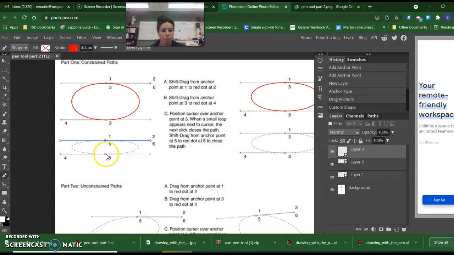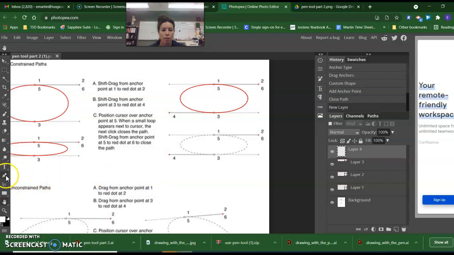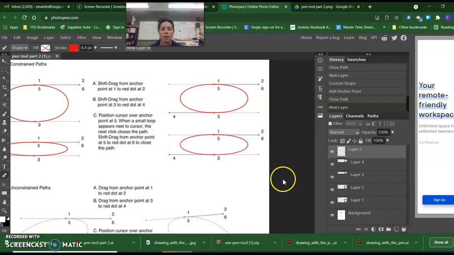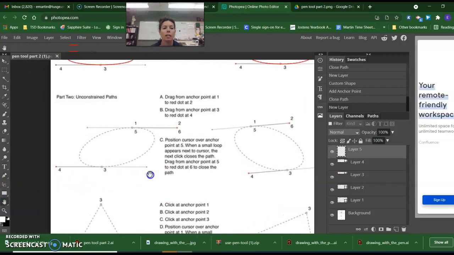Shift, shift, shift. New layer. I'm using the hand tool to pull my paper across when I'm zoomed in that far. And a new layer. All right, so now I'm going to go on to making an ellipse that does not